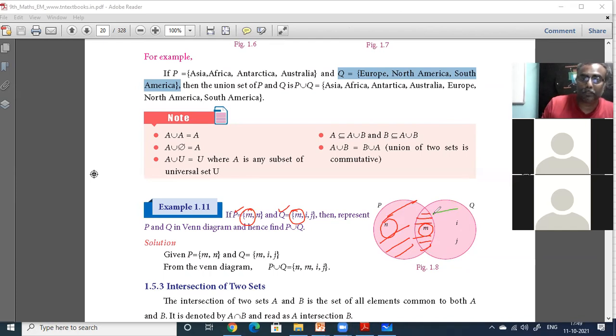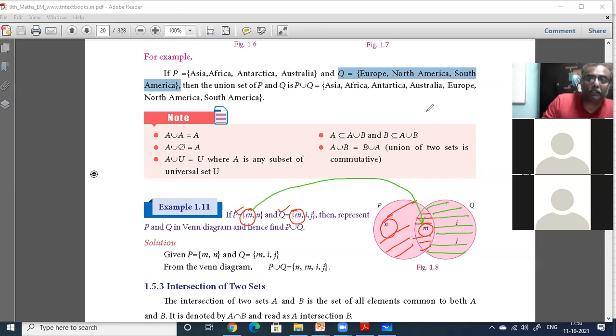This is a different area. This is specific to Q alone. This is specific to P alone. And this is common to both P and Q. When you draw a Venn diagram for A union B, first find out whether any elements are common. If they are overlapping sets, they will have a common element. Then take the common element and put it in the middle like this.